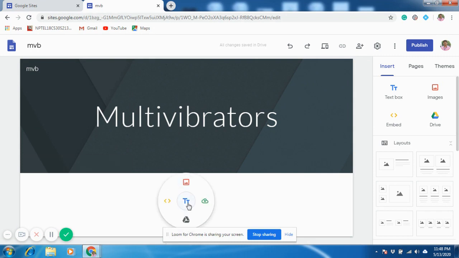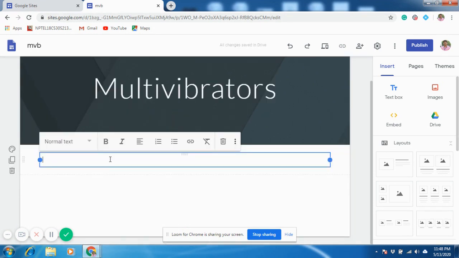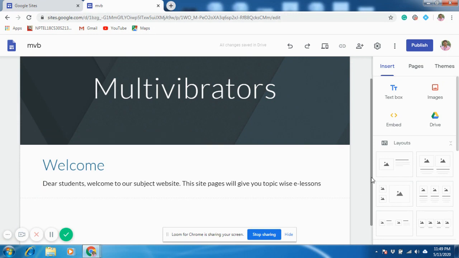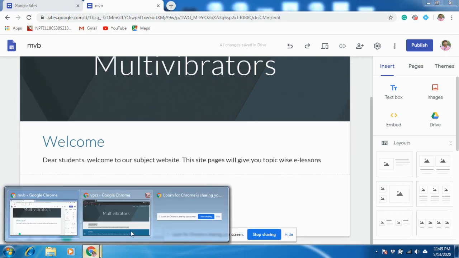In between you have this text option, and around this circle you have the image option, upload option from your computer, upload option from Drive, and you can embed any web page. So select text, then Control V. Simple. In fact, I need to write here, but it will take some time, so I am using direct content. Done.